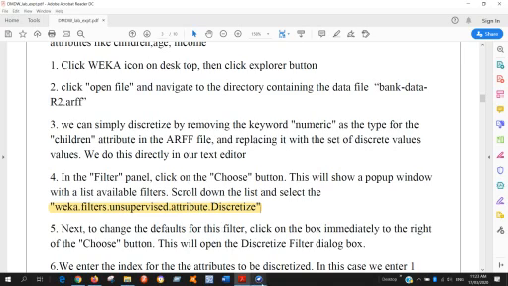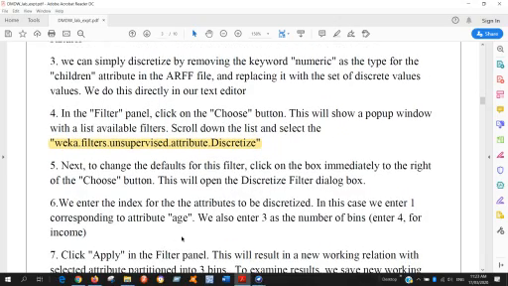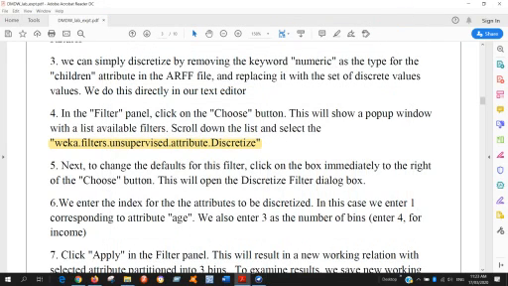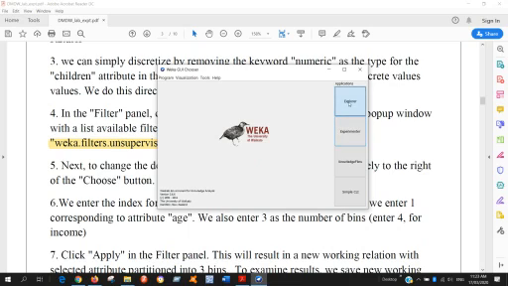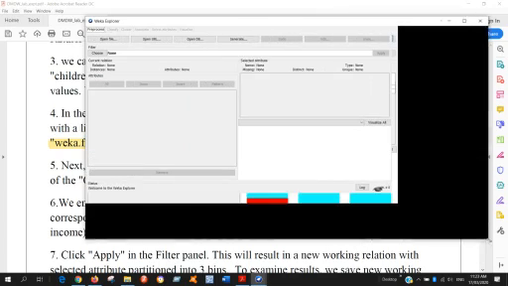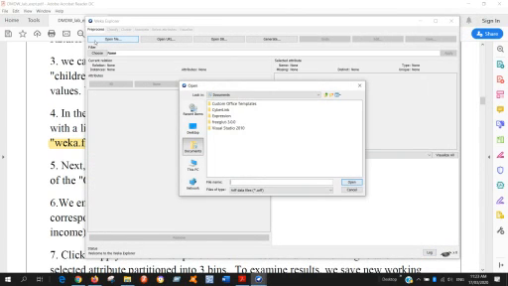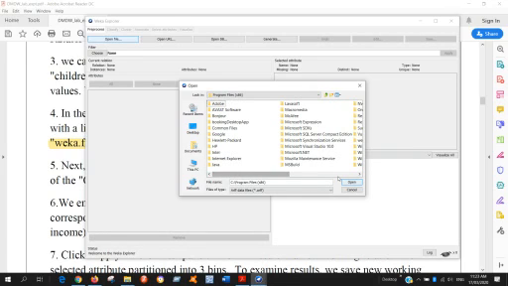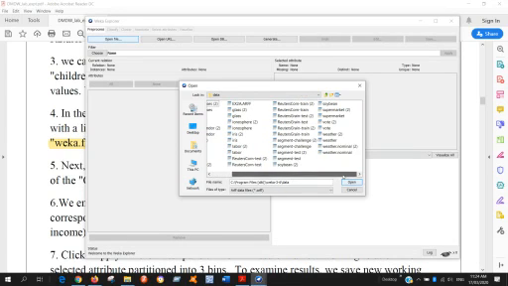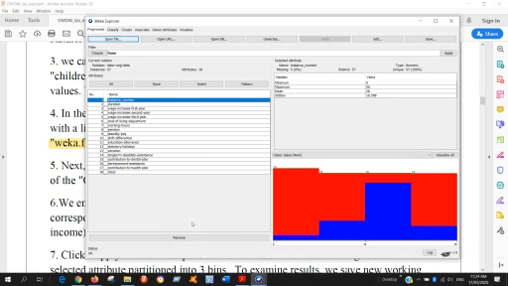So for that, yeah, let me close this one. Then go to Weka Explorer. Okay, open the file, any file. I can choose a different file. Okay, so open any file, program files, Weka, data. So now I can choose the file supermarket. Okay, I can choose the supermarket file to open the data program. Okay, then click open. Yeah, see, this is the supermarket program.